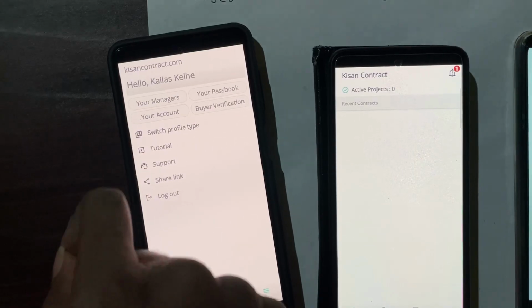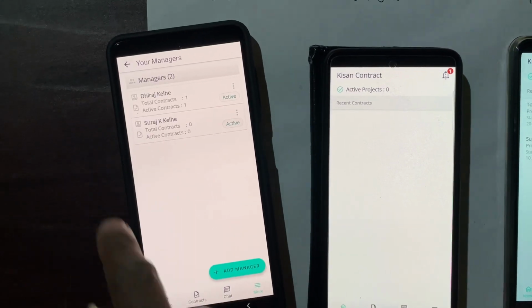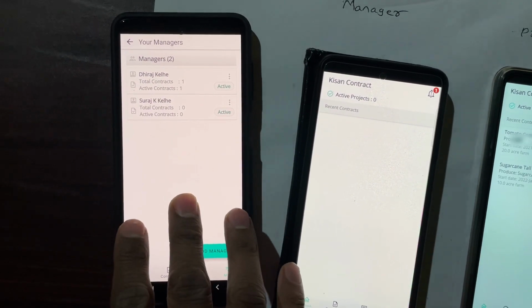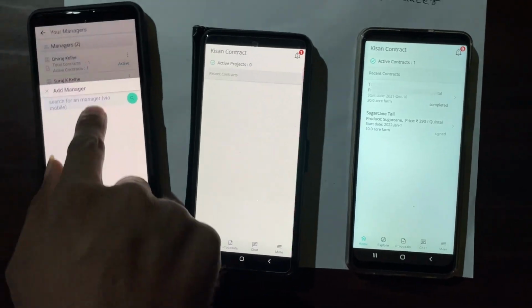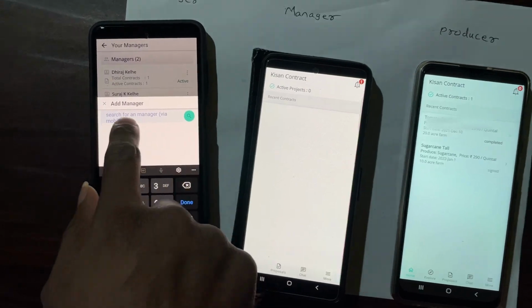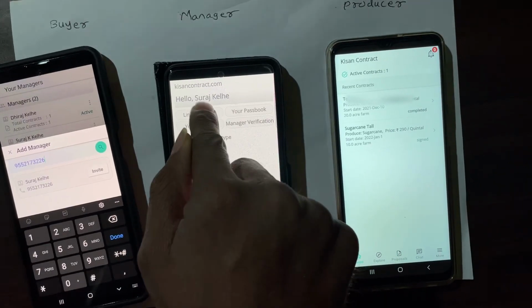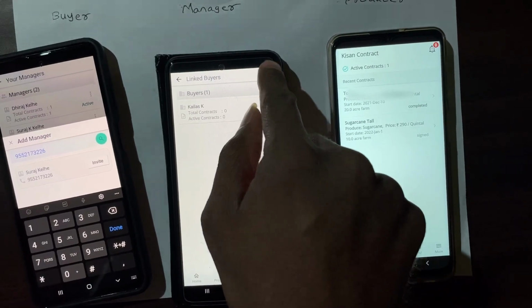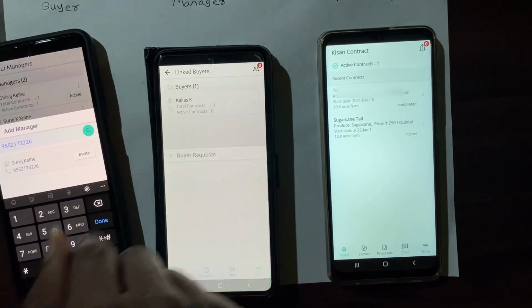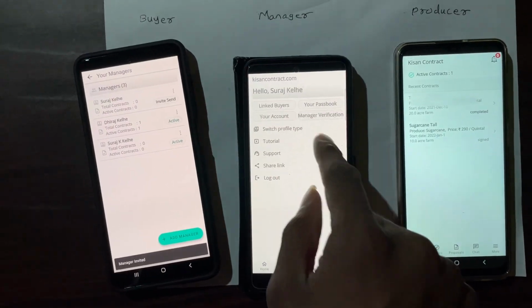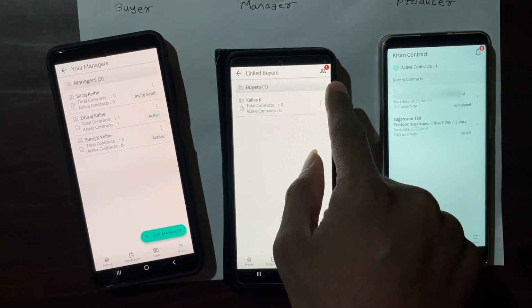Okay. So here we are looking at the manager. So this buyer already has 2 managers linked with his account. We are going to add manager and we are going to enter phone number of this manager account. We are going to here link buyers. Okay, so currently there are no request pending. So first we need to invite send. Okay, now we can see, look here